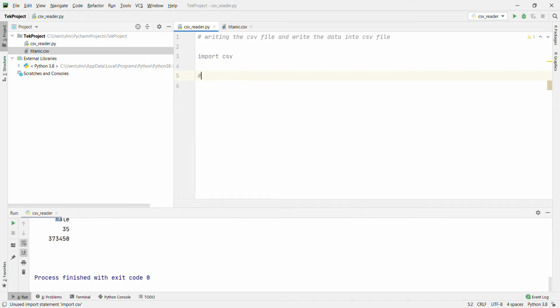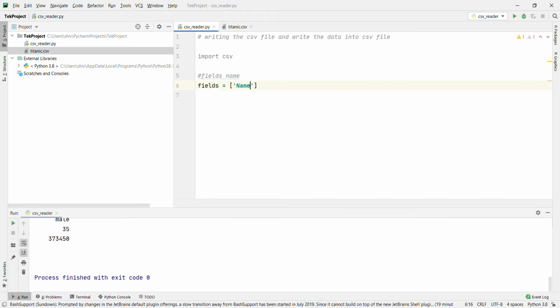Now the next step: field names, how many fields will be in the new CSV file. Fields is basically a list. Fields equal to name, branch, year and CGPA.